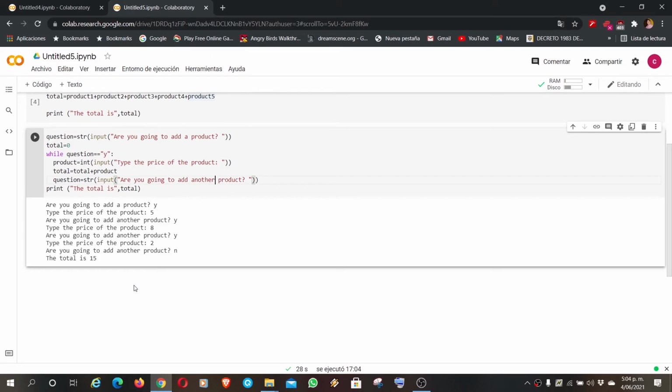See? In here, I am not counting. What I'm doing is having a condition here. Here, I ask it for the first time to enter the while for the first time. And in here, I ask it again to see if I need to repeat these instructions. And then I ask it again until my answer is different from the Y. When my answer is different from the Y, it gets out of the while